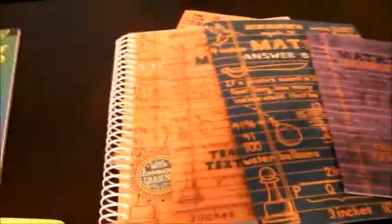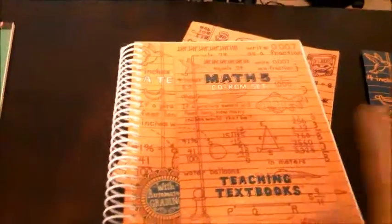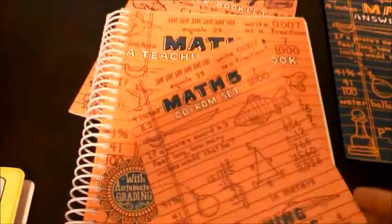Alright, next up we have math, and we are still just going to stick with Teaching Textbooks, which comes with a student book. It comes with the CDs that they put in that has the lectures on them, and these are